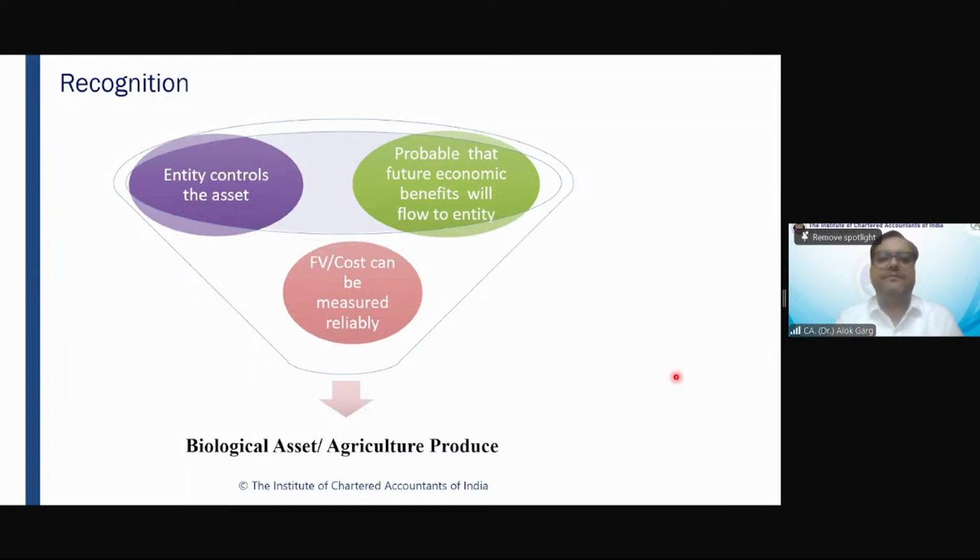Second example. The company is into the business of manufacturing soft drinks, and let's say there is a factory premises. There is another land also belonging to some other person. Now, in the premises of the neighbor, there was a mango tree. Some branches of the mango tree were tilting towards this company's premises, right?